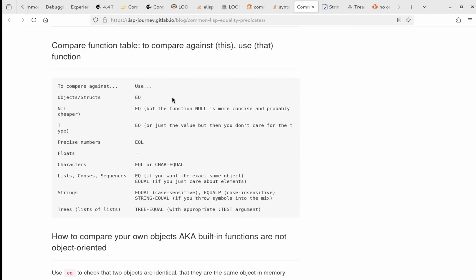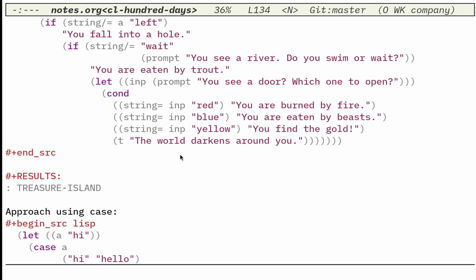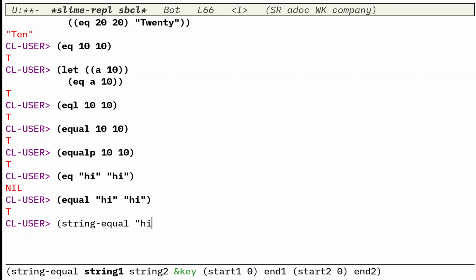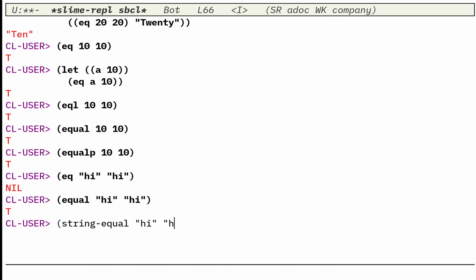For example, for strings, always use equal, equalp or string-equal and not one of the other forms like eq or eql, right? As opposed to something like symbols or integers or numbers and so on. So now in my code here, you might have seen I have used string-equal, right? Which can be again confusing because there are so many functions in Common Lisp and you can't keep track of all of these. So this string-equal syntax is actually exactly the same